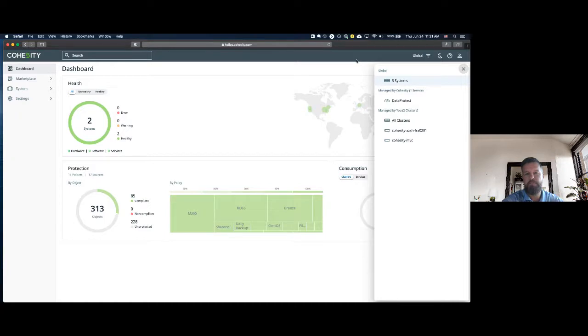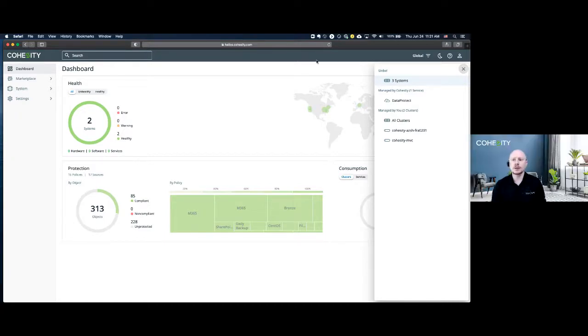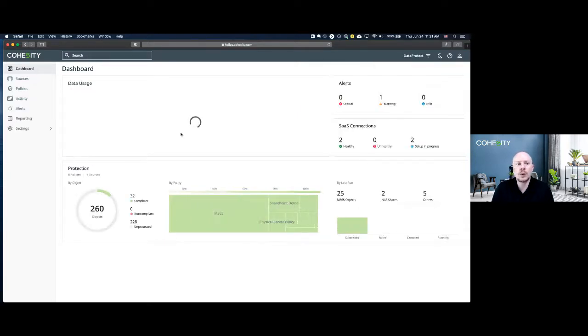Sure, and we'll just spend a few minutes on this. We don't need to go through a ton, but guys, this is the Helios dashboard, and note it works the same whether you have a completely as-a-service offering or you've got existing Cohesity environments. This truly works at any scale. So let's take a look briefly at what the DataProtect looks like, because this is a very simple product. It's a very simple solution.